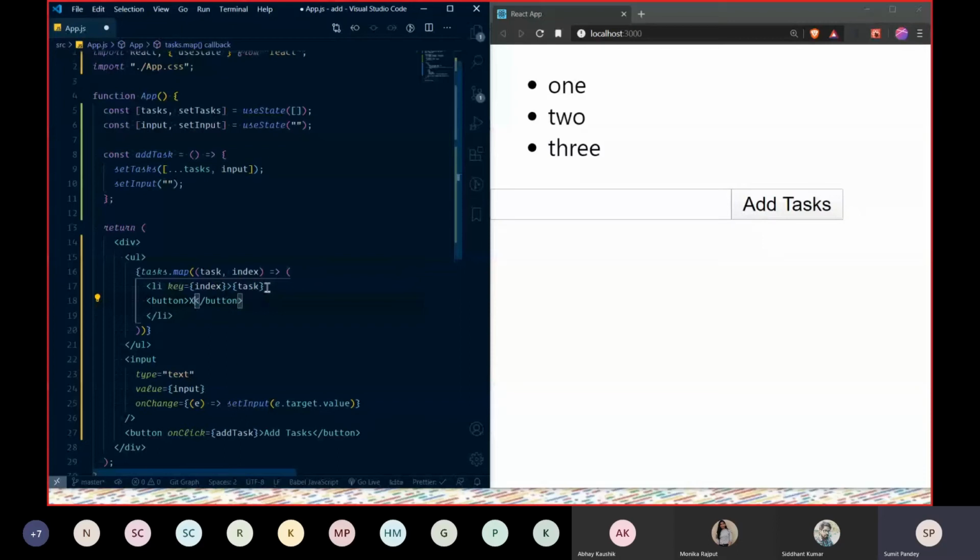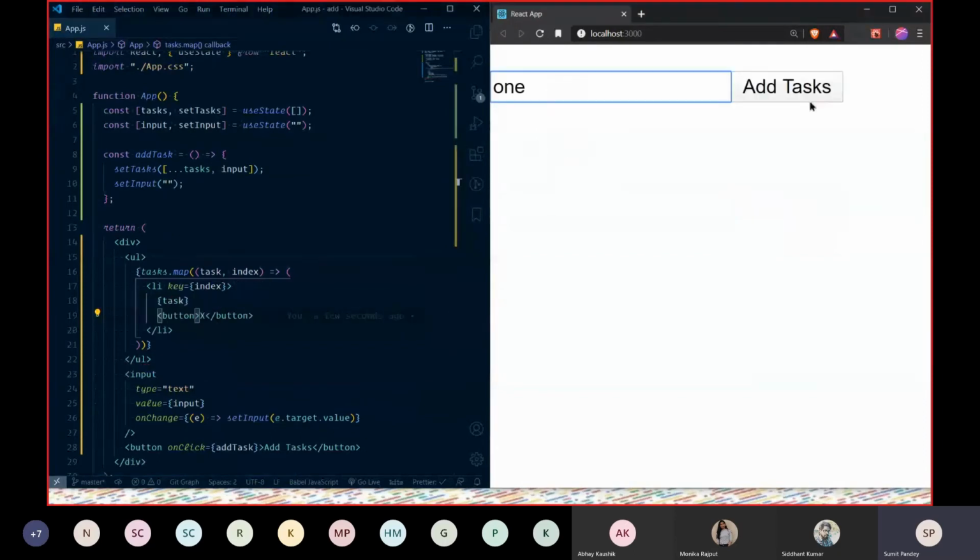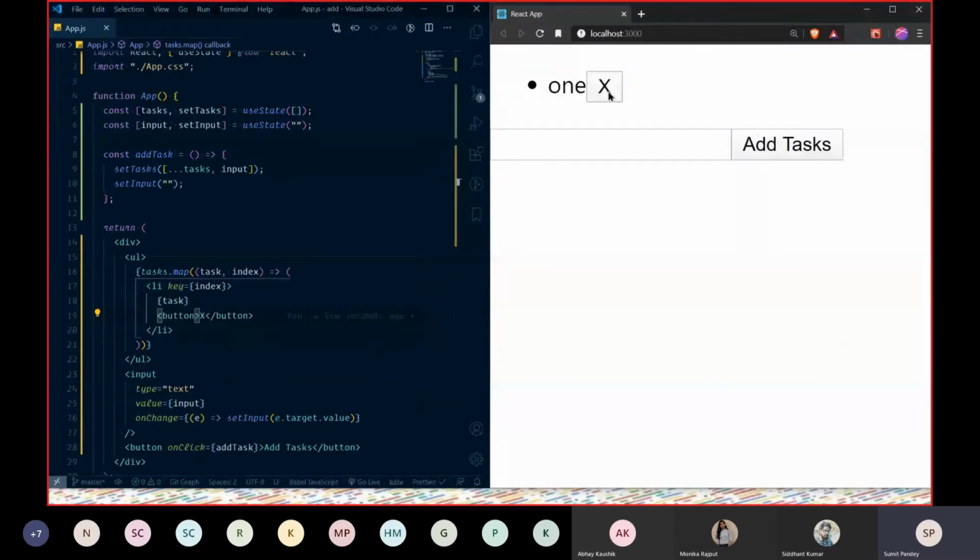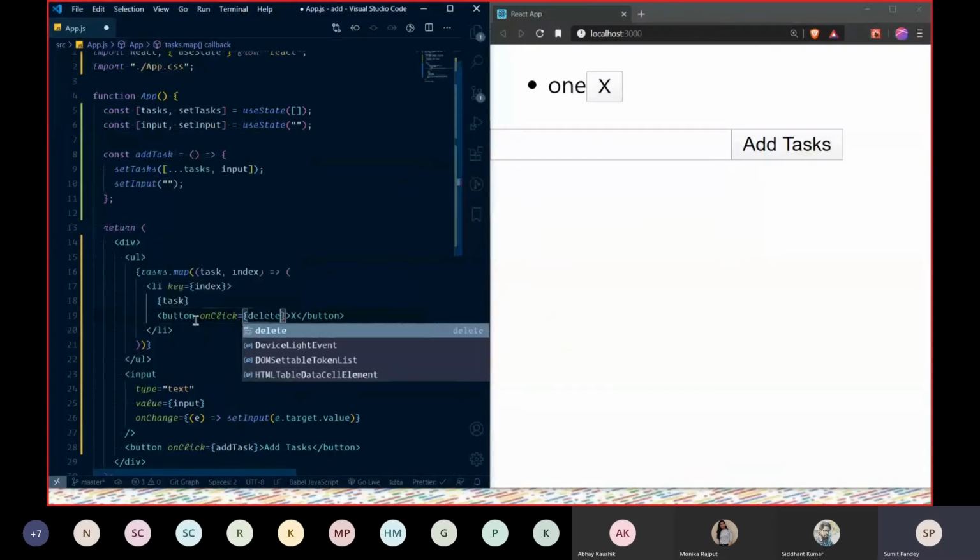application. And we also have to provide it an on-click function, so that when you hit this delete button, it works. Currently it's not working because we haven't assigned it any event handler. So we're gonna go ahead and assign it an on click event to delete this task, right? So we're gonna use delete, and we're gonna declare the function right at the top of this return statement.